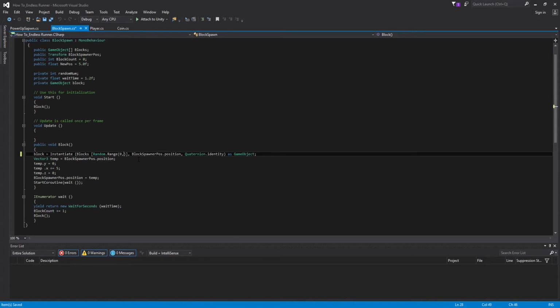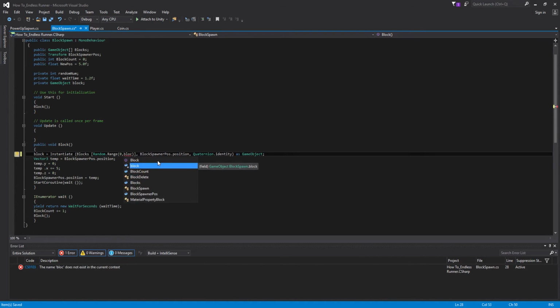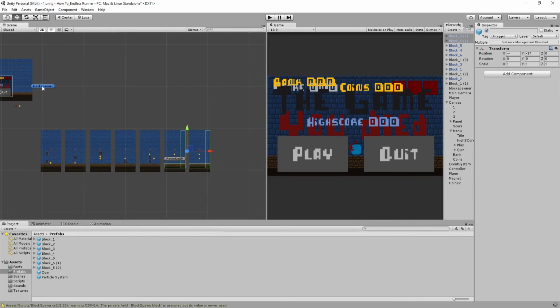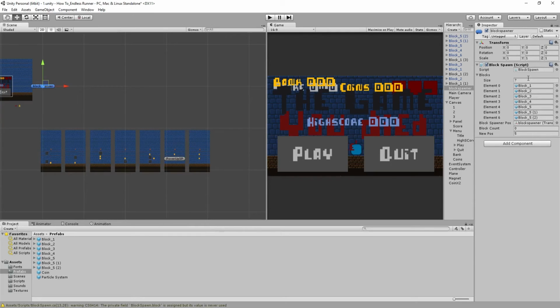But we obviously don't want to have to change this number every time we add new blocks. So instead, seeing we have an array called blocks, which contains all of the blocks, and this number needs to be equal to the size of that, we can just write blocks.length, and now this will be equal to whatever we set this number to. So now if we just press play,